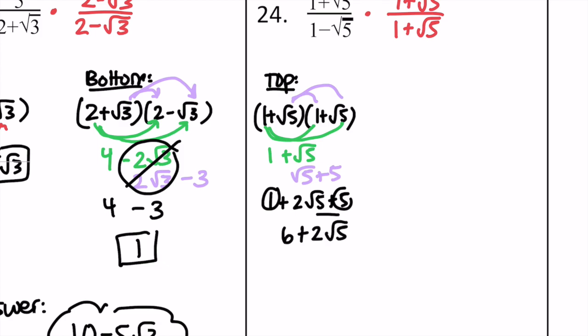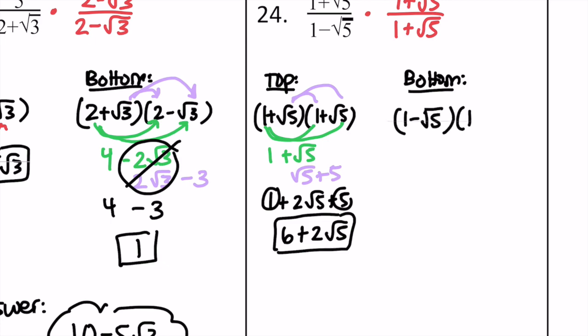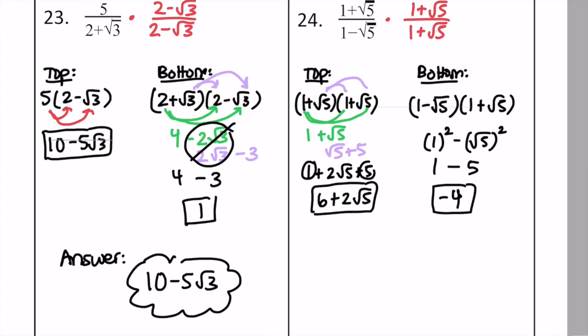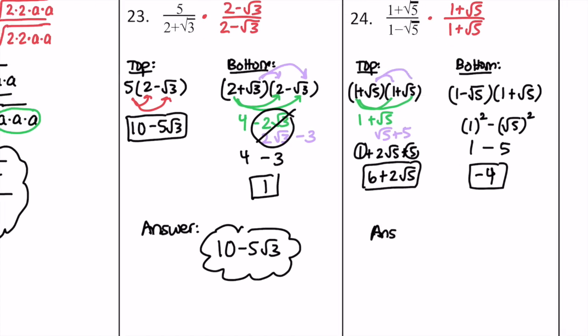The bottom is going to be 1 minus the square root of 5 times 1 plus the square root of 5. This is the difference of two squares. So I should have 1 squared minus the square root of 5 squared, and you can FOIL this if you want to, but that's 1 minus 5, which is negative 4. That's my bottom. And then the answer is going to be 6 plus 2 square roots of 5